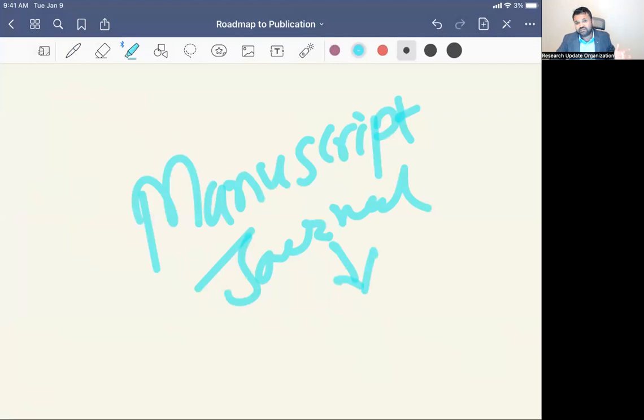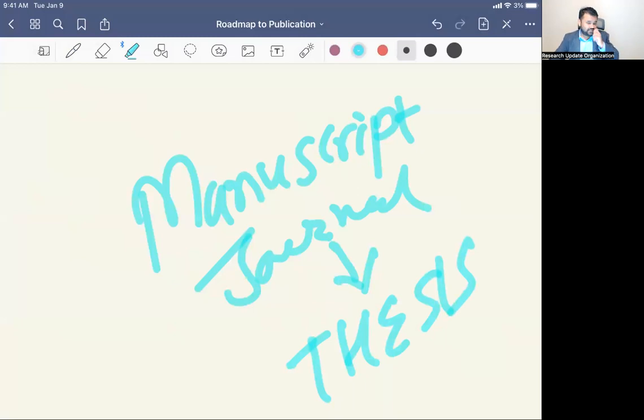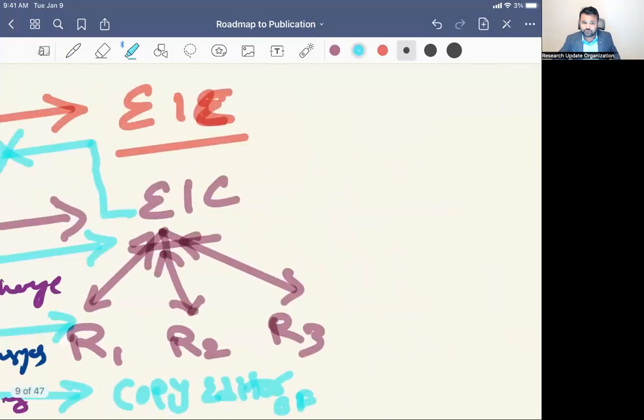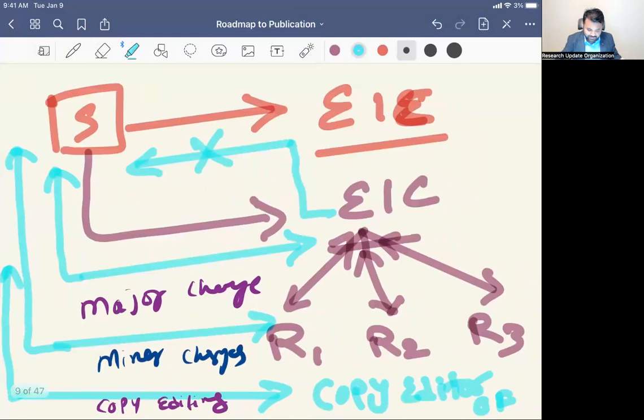In PhD, in Masters of Science, Public Health, Clinical Research, everywhere we consider that as a thesis. So this process goes anywhere between 6 months to 2 years. And here in the research update, we try our best to finish, and this is considered as phase 5 of the publication, phase 5 of the publication,